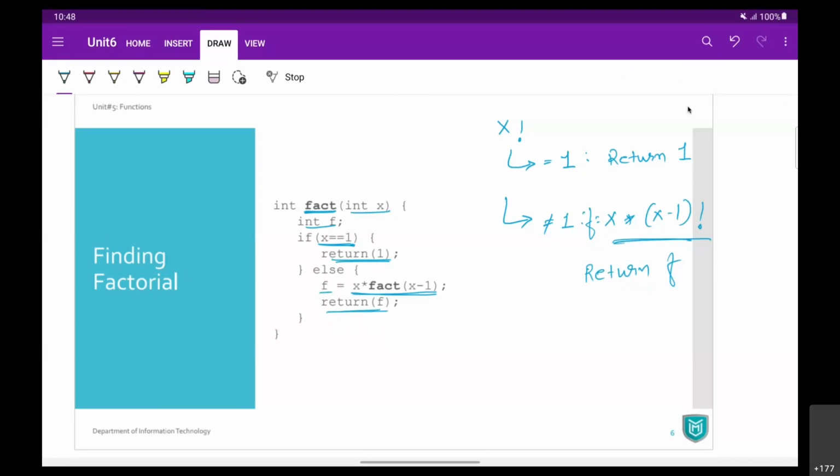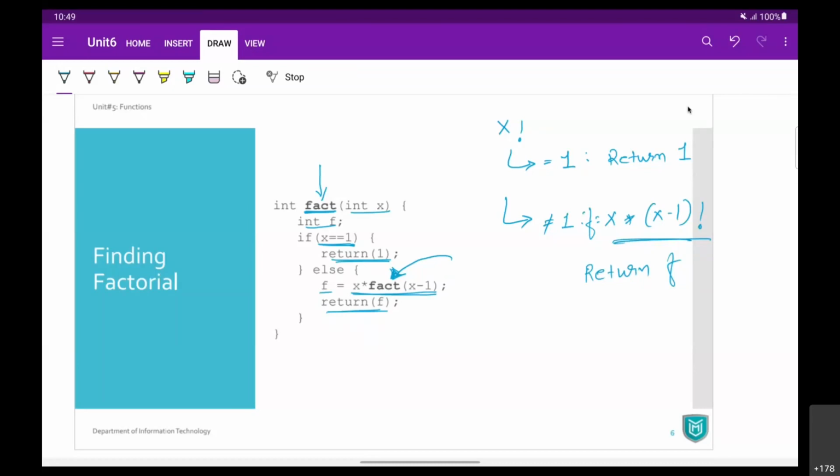Fine. So this is the factorial code using recursion. A function is being called from itself, inside itself. Fact के अंदर से हमने वापस fact को call किया and that becomes recursion.